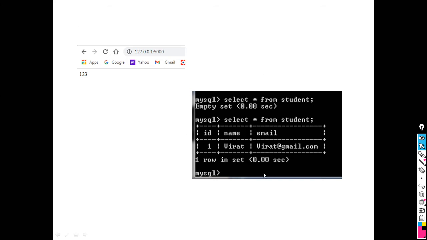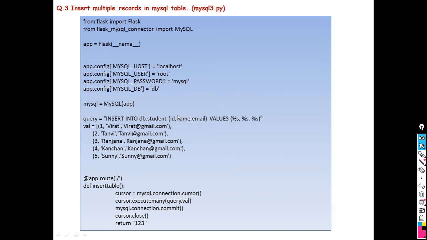Okay, next one. The previous one was how we can insert a single record. Here the next example is there. With the help of this one we can insert multiple records. So when we want to insert multiple records, the same statements are there.